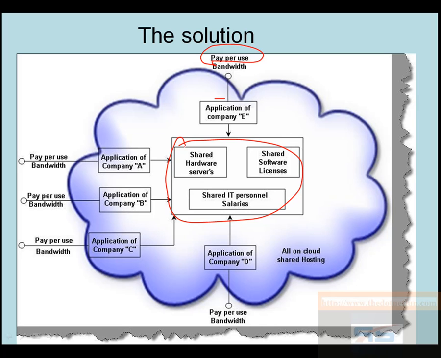So in other words, the company doesn't have to invest in the hardware upfront. They don't have to buy the software licenses. So in case they have issues with the business, whatever they have paid as monthly rental, that's the cost. And yes, the development of the application is also one of the costs. And in case they do well and want to scale for more RAM, more memory, more bandwidth, they can just approach this provider and say, can you increase the bandwidth from 100 GB to 200 GB? And he will say yes, this is the monthly incremental cost. So in other words, the answer is pay per use.